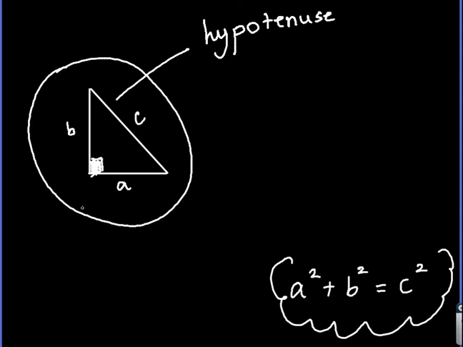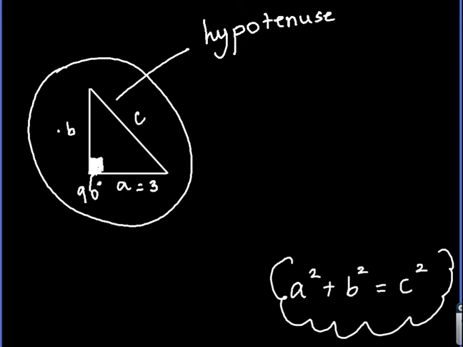Okay, so basically what we found was that if you have a right angle triangle, and we know that this is a right angle triangle because it's got that little square here, and it's 90 degrees, he found that if you have the length of that side A, and you square it, which means that you multiply by itself, and you add the other side, which is b here, and you square that, so you multiply b by itself, then it's going to equal the third side there. So just to show you an example, let's say for instance this triangle here, A was 3,